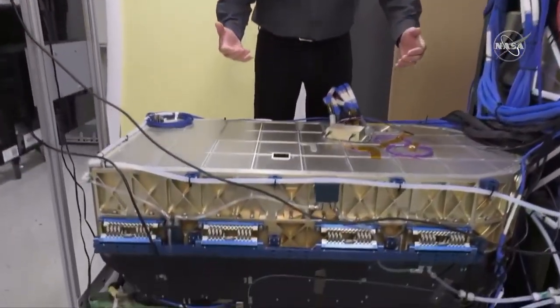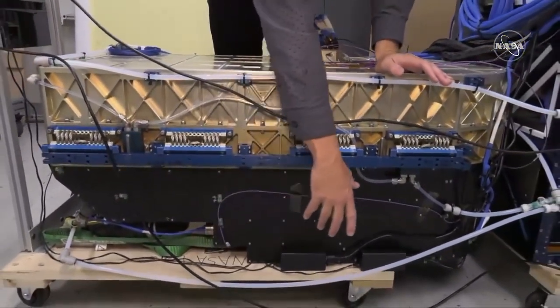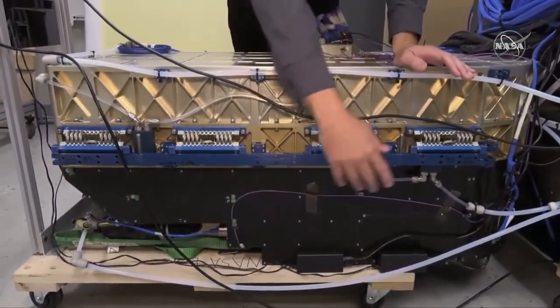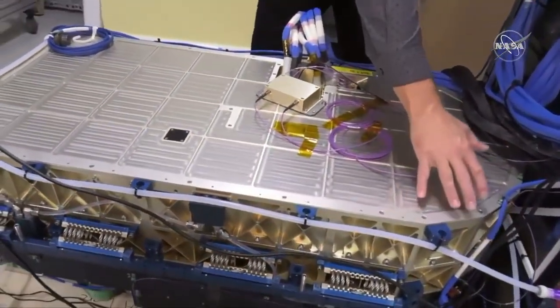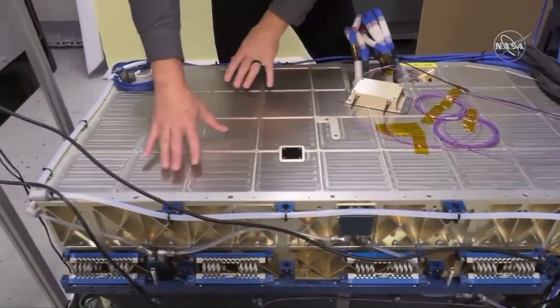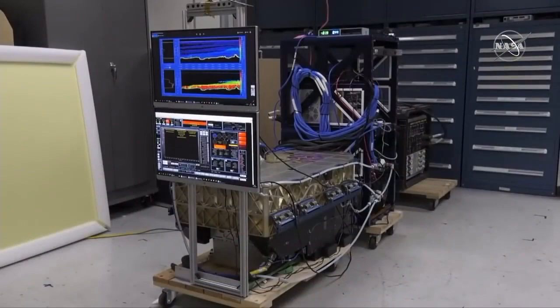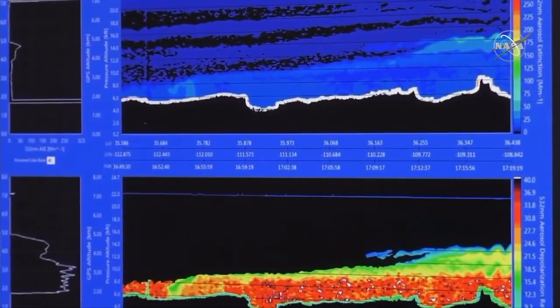This is a high spectral resolution LiDAR. So what we do is we send different color pulses of laser light out into the atmosphere from the bottom half of the instrument. Those laser pulses go into the atmosphere, and we collect that scattered light energy from the atmosphere with our telescope, and then direct that light into the various detectors in the instrument head. At the operator station, I can look at those various signals coming from all the detectors, getting information about the